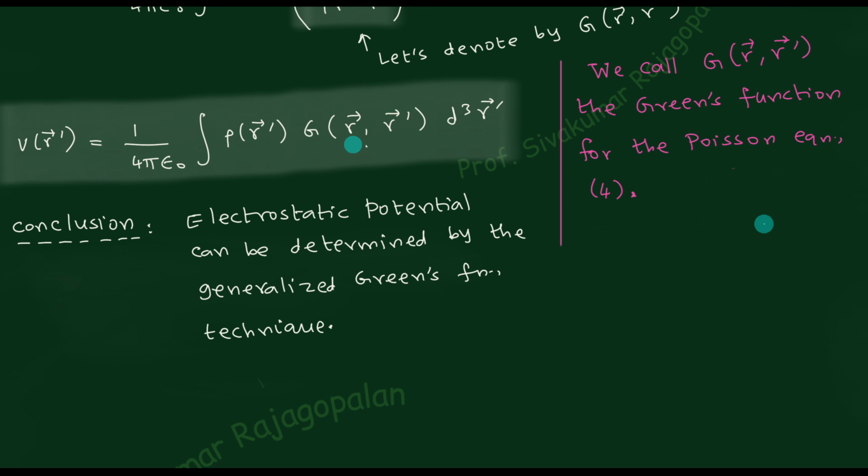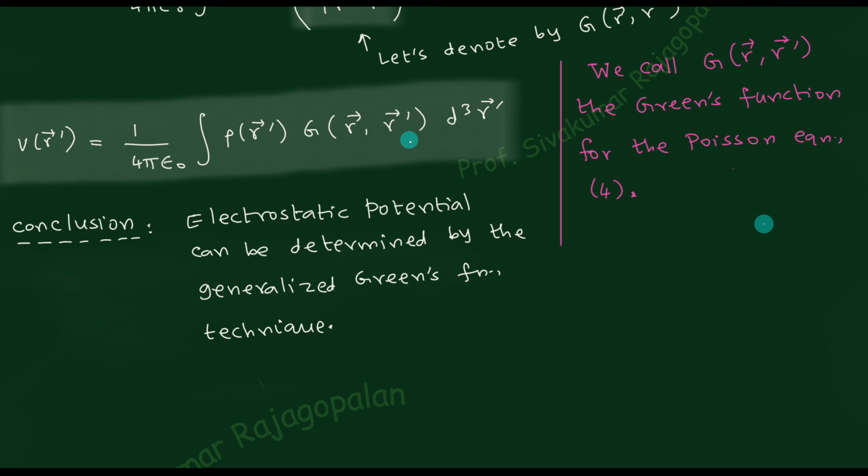If the Green function is available to you, then put the Green function here, and rho of r prime is something that you already know, because you are going to start the experiment, meaning you know what charge density you are going to keep, and you also know how the charges are distributed. This is the volume over which the charges are distributed. So rho of r prime is known to you, the volume is also known to you. Then what is not known to you is the Green function corresponding to the